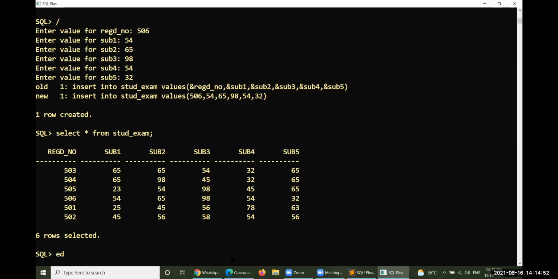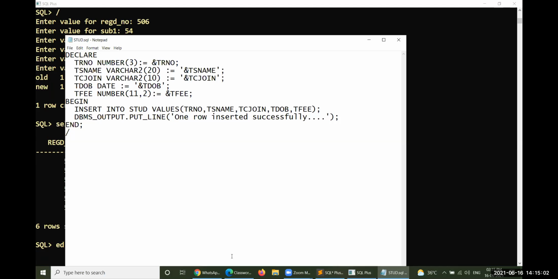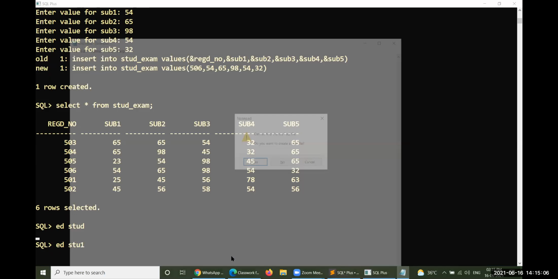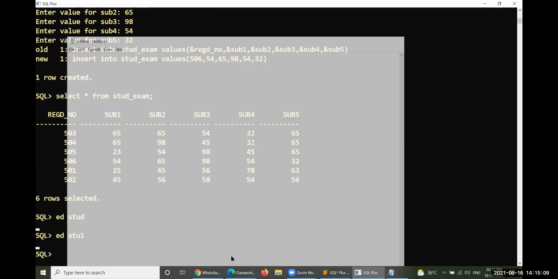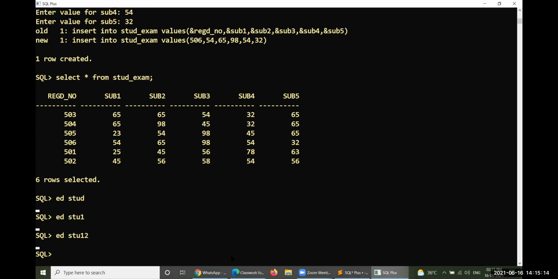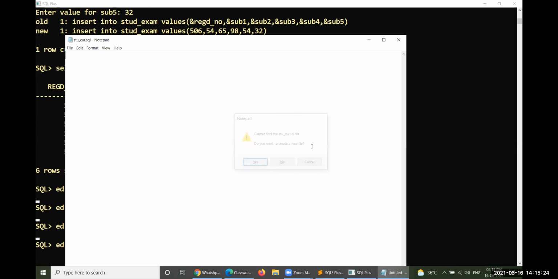I hope that we have written some particular program previously which is used to create some kind of grade here. Stud, I think. No, it is not. Just one moment, please. stu1, no. stu12, I think, no. Okay, however, let me prepare. There is no problem at all. So stu underscore cu1, student cursor. Yes, I'd like to prepare this one here for primary.